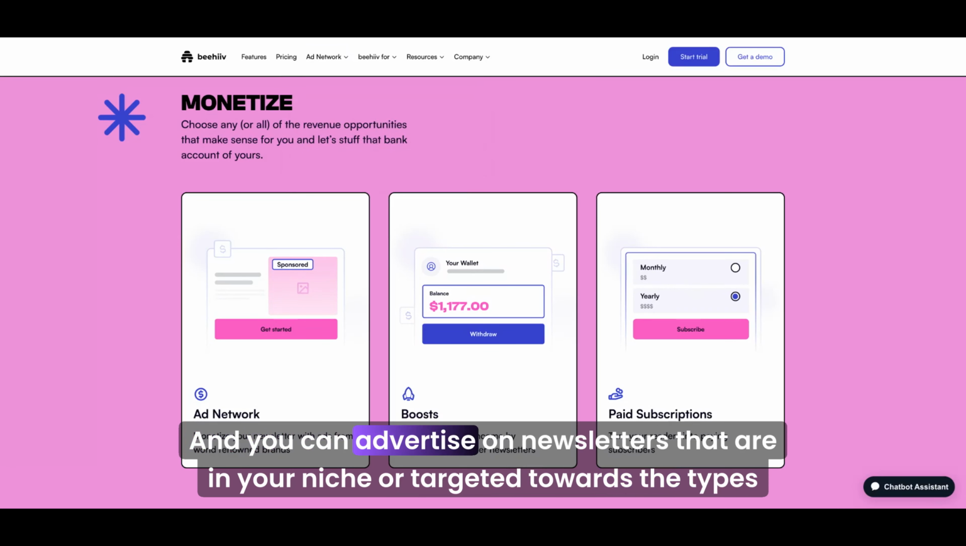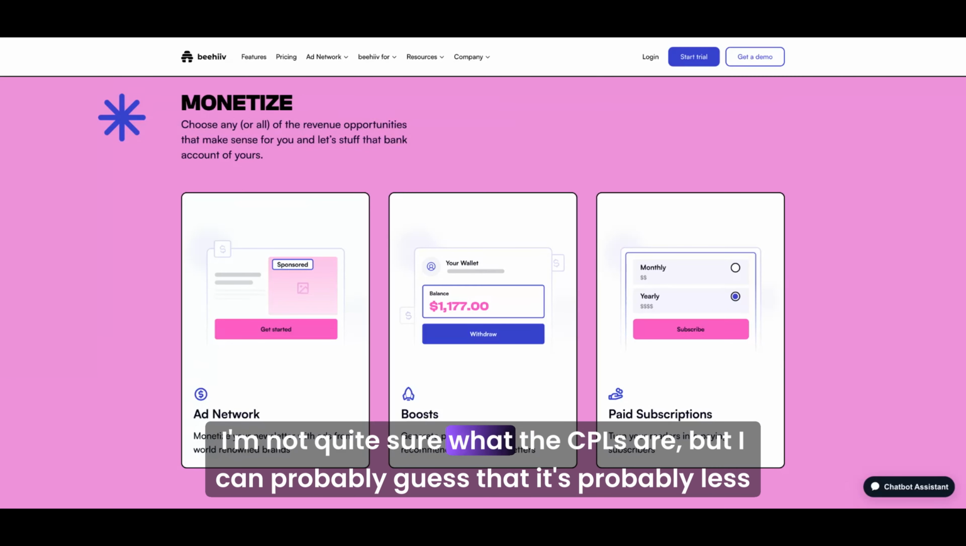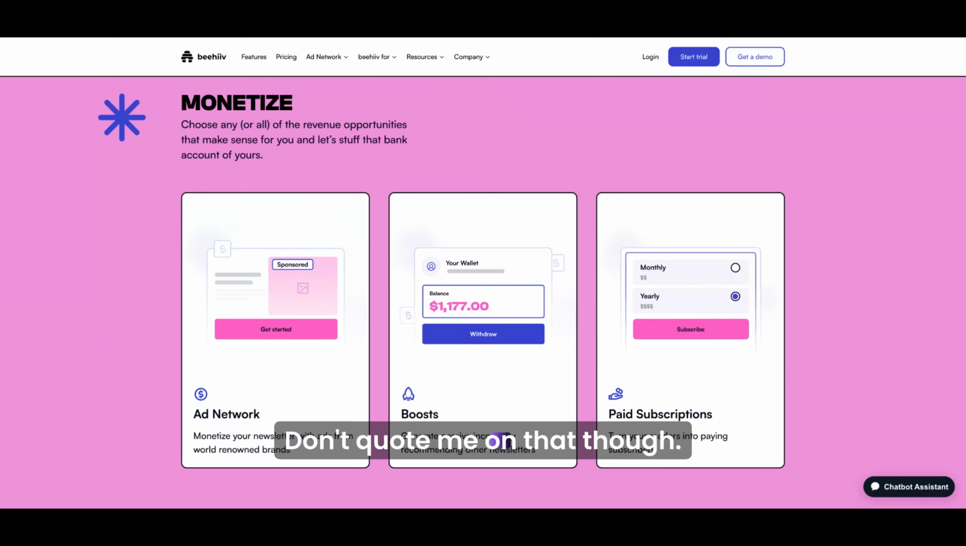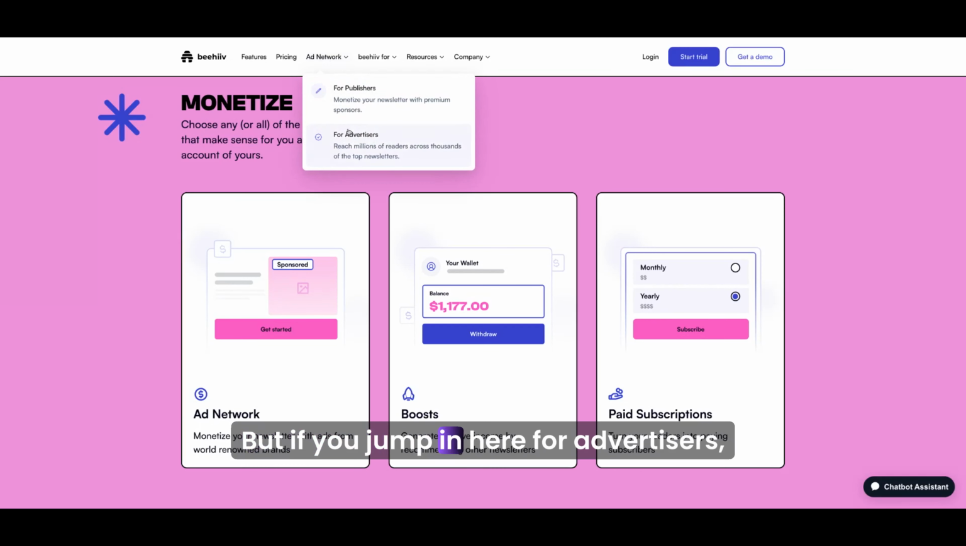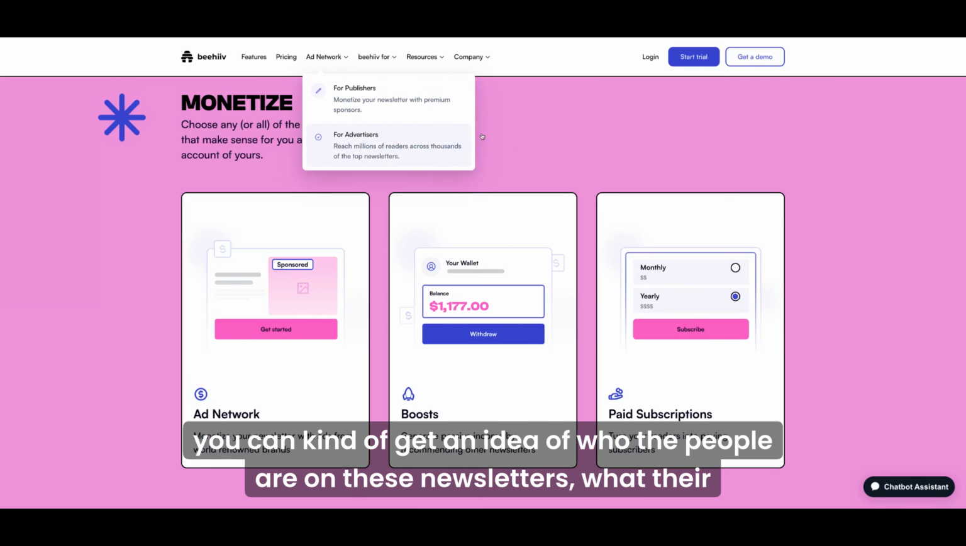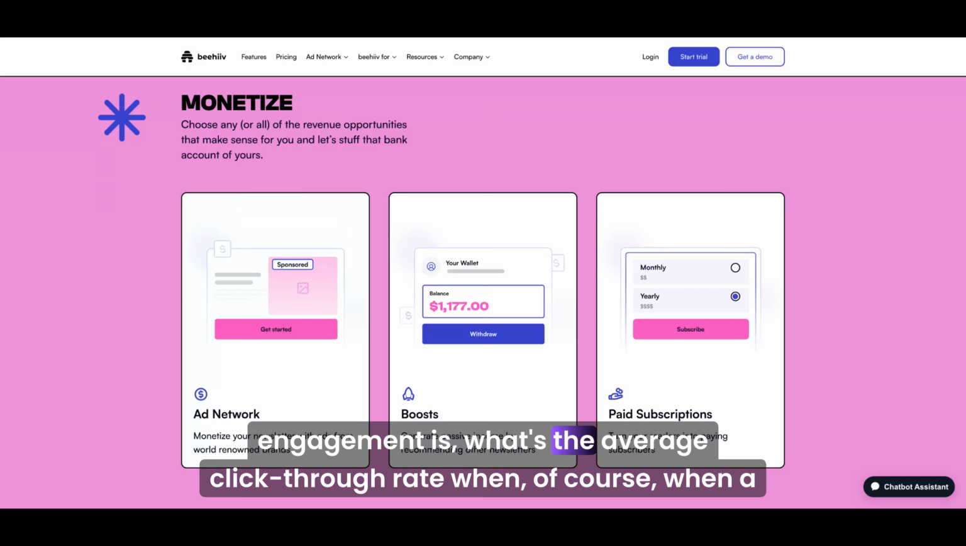And you can advertise on newsletters that are in your niche or targeted towards the types of people who are your potential buyers. I'm not quite sure what the CPLs are, but I can probably guess it's less than Google search. Don't quote me on that, though, but it's super tailored. I haven't gone down the rabbit hole too much, but if you jump in here for advertisers, you can get an idea of who the people are on these newsletters, what their engagement is, what the average